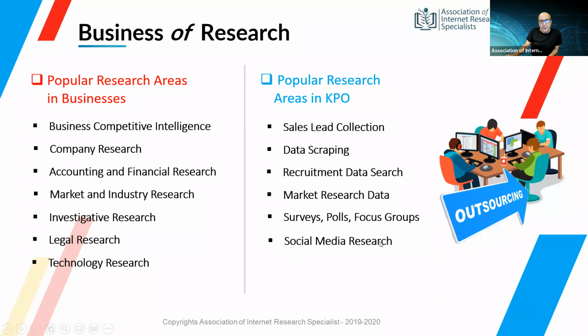You've got social media research, you can be specializing in this area because you know where to get that information, how much it costs, what some of the tools are that you can use to collect it, and so forth. So that is what we call knowledge process outsourcing. So these are the two segments, or two differentiators, of how the opportunities would be, depending on your positioning of yourself as a research specialist. But you can do both or either, just depends. But nevertheless, both are opportunities.